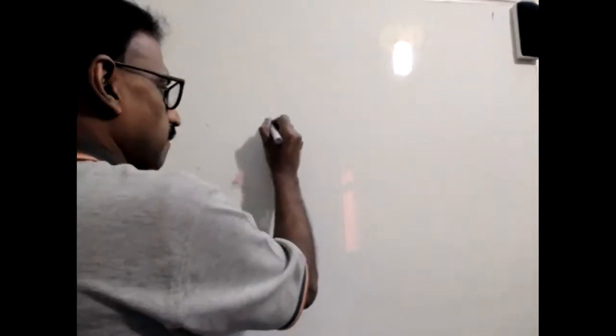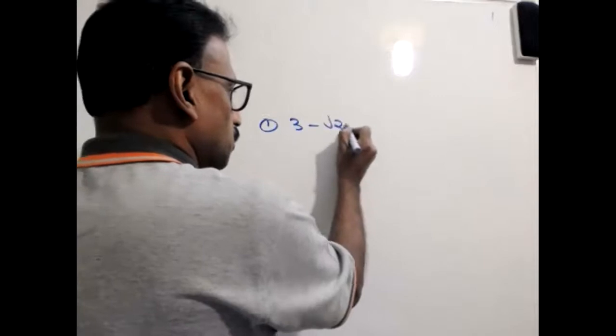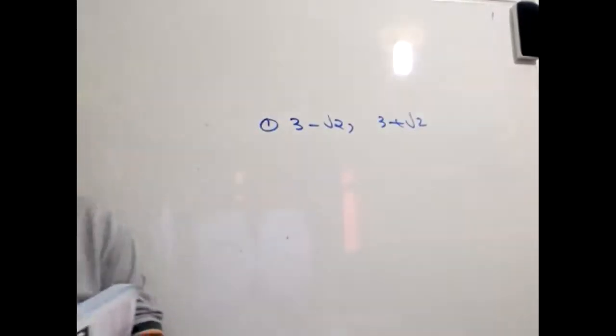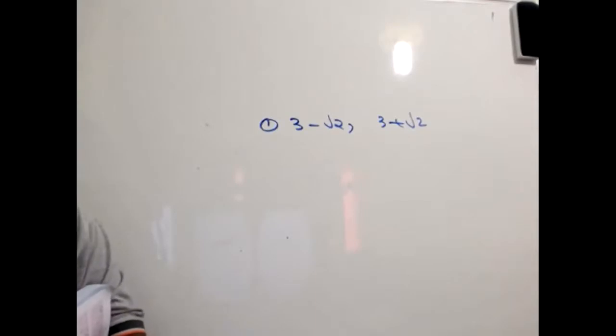Okay. Look at here. First, I'll show this one. Examples. 3 minus root 2, 3 plus root 2. What will we get? 3 minus root 2, 3 plus root 2. When we add, what happened? Root 3 plus root 6, what? Root 3 plus